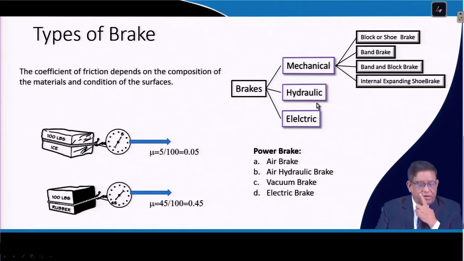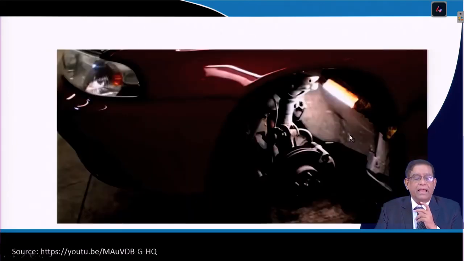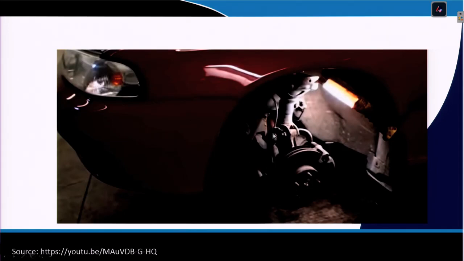That power brakes, hydraulics as well as electric brakes. It can be air brake, air hydraulic brake, vacuum brake, electric brake. Mostly the mechanical brakes used here are mainly block and shoe brakes, band brakes, band and block brakes, and also internal expansion type of brakes. These types of brakes are very common, and you can see that in any car, if you open up